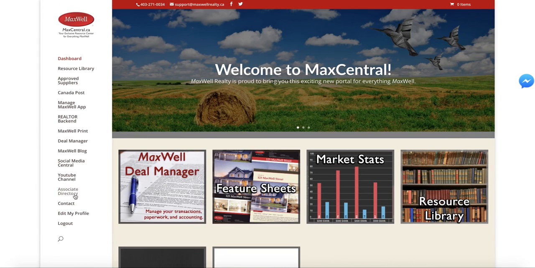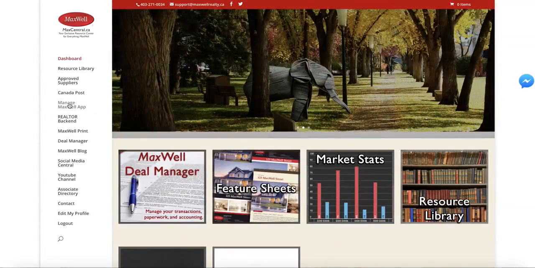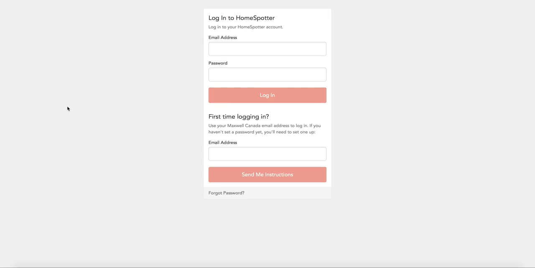Over on the left hand sidebar, we have a whole bunch of options. One of those options is manage the MaxWell app. So if I go over here to the left sidebar and I click on manage the MaxWell app, I get transferred over to a new site that requires me to log in. If this is my first time ever logging in, I would enter my